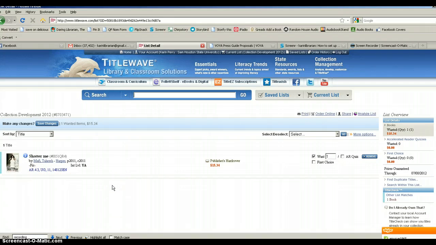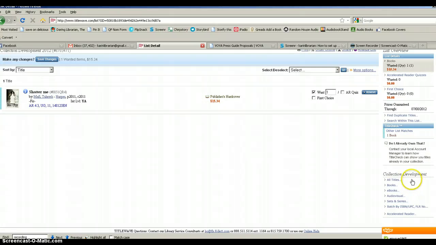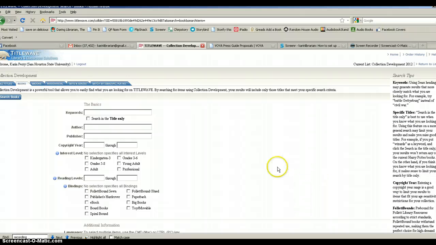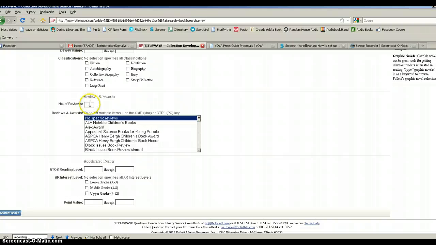Now if I'm done looking through my review sources, I can also find them through Titlewave. I'll click Collection Development and click Books. No keywords because I'm looking for anything really that would match my two review requirement. I'm working on a YA list for a middle school or high school, so I want 5 through 8 or young adult. And other than that, my only other requirement is I need 2 reviews. So I want 2 right there, and I'm going to want it to choose from